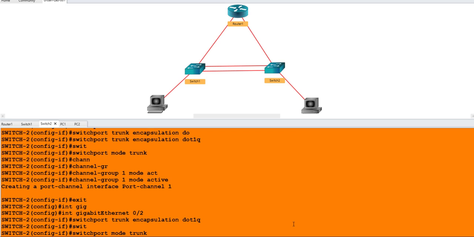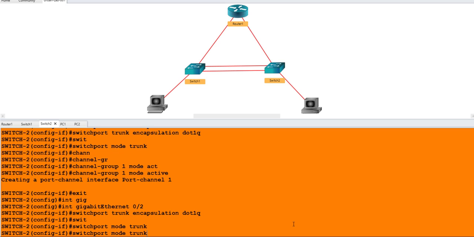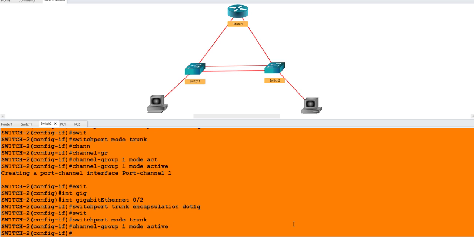We'll change it to a trunk port, and then we're going to do the channel group mode 1 active for this channel group. Okay, so now we had that portion of it set up. What we need to do next is the no shutdown, because I did shut down the interface. So we're going to do no